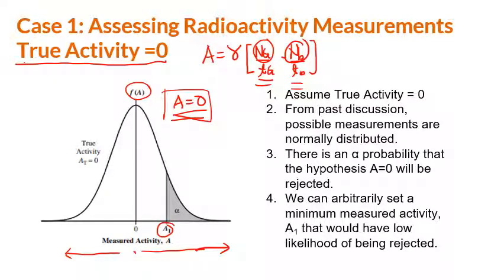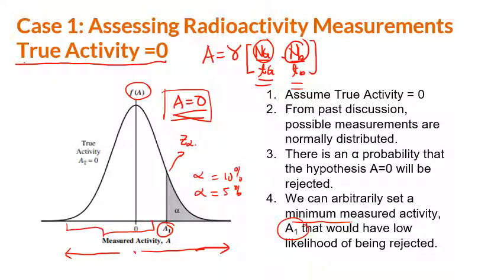Okay. So, we can arbitrarily set a minimum measured activity, A1. So, depende sa atin yun kung ano yung alpha natin. Pwedeng alpha equals 10%. Pwede ring alpha equals 5%. So, this is arbitrarily assigned by some decision maker. So, ano yung A1 na yan? Ibig sabihin ng A1 na yan, ito yung value ng activity with the corresponding z-score. Isulat natin z sub alpha such that meron kang halimbawa, yung area nito